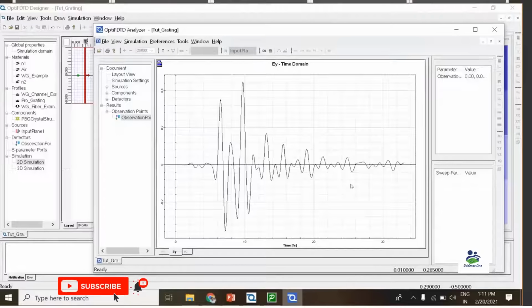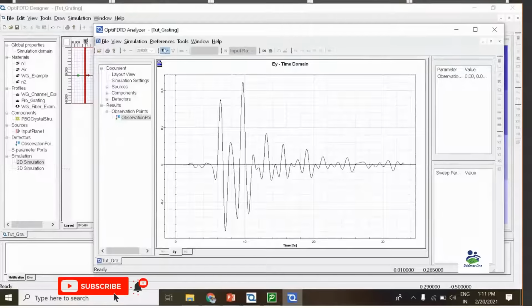There are certain points we have left out where we do not get output, so we have to select a time in such a way that the electric field component decays.